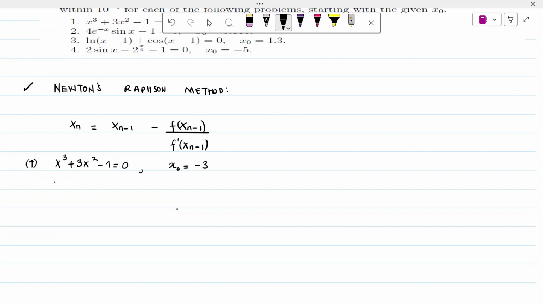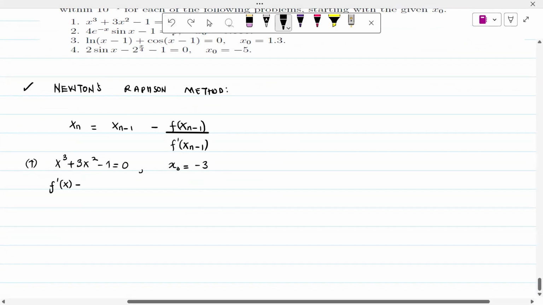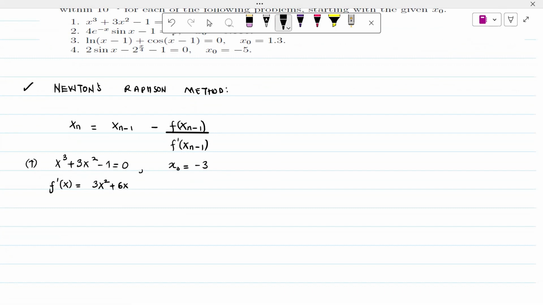So f prime of x is equal to 3x squared plus 6x. This is the derivative. Now let us find this. We start with n equal to 1, which means that we're going to find x1. So x1 is equal to x of n minus 1, which would be x naught,